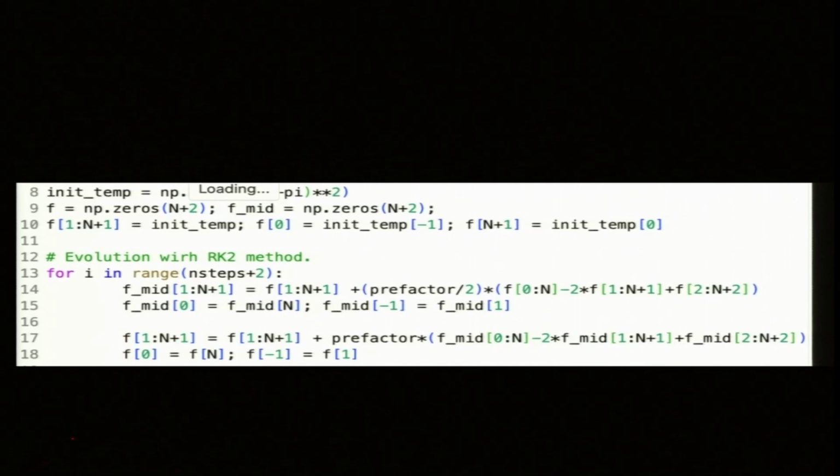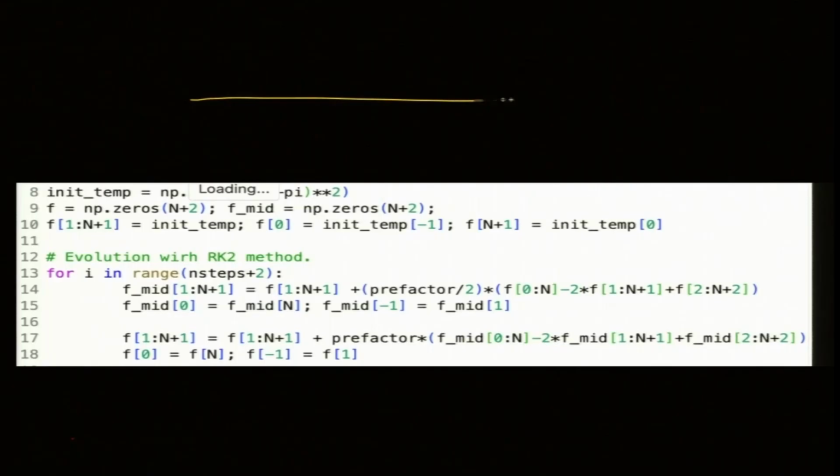So I am using a periodic boundary condition. You can use vanishing, but I am using periodic. I want to use vectorized operations, otherwise loops will be slow. Of course you can use Numba as well, but vectorized code is short and will give the same speedup as Numba. So I have these n points. The notation I follow is there in many textbooks as well.